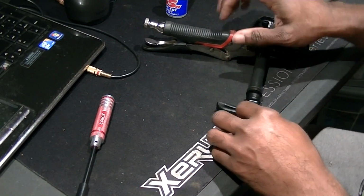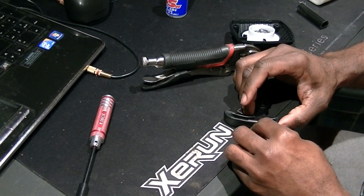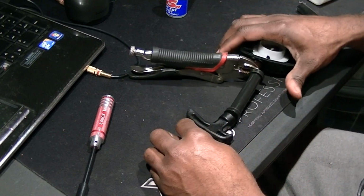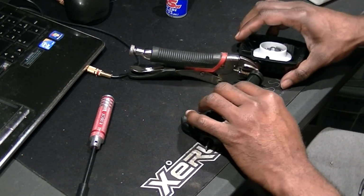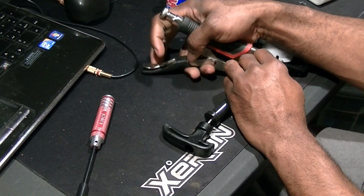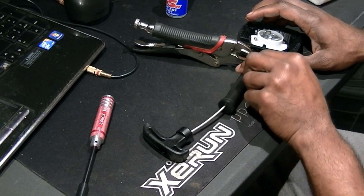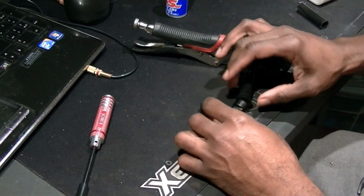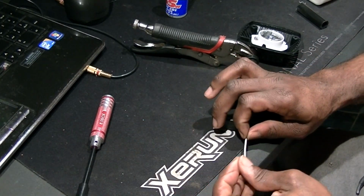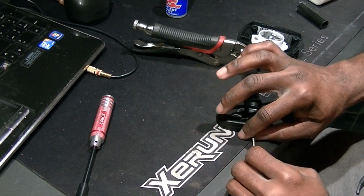I'm gonna have to burn some of this shielding off. So I have to give myself more slack. So I'm gonna take this washer off. Give myself a little more slack, push that all the way back, push the pull cord on. I want my washer on. Push that on. And now,